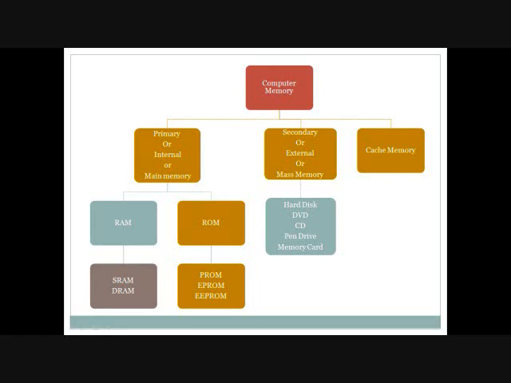Now the next topic is what we have left, that is role of memory. We will do it in the next class, and I will provide some videos for what we are going to study in the next class. Be prepared for the next class with the next topic, that is role of memory in the working of a computer.